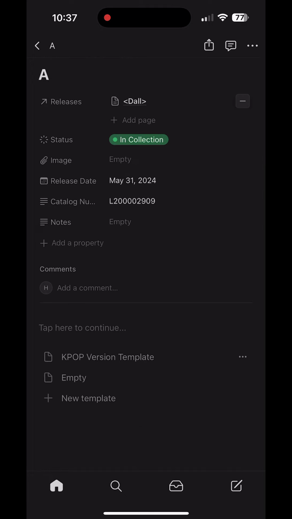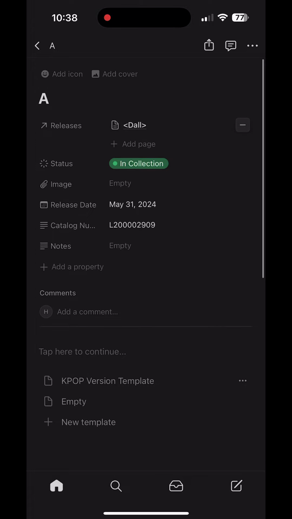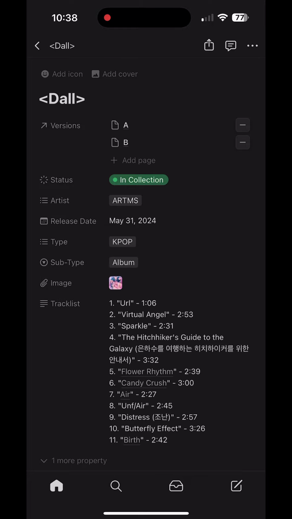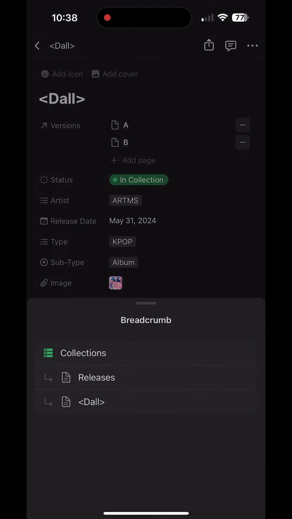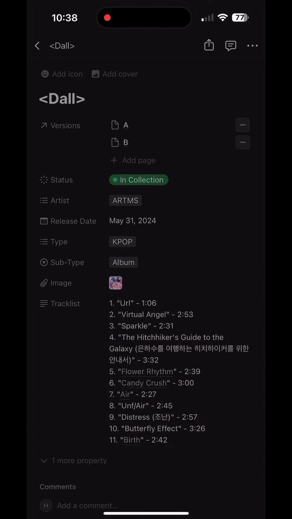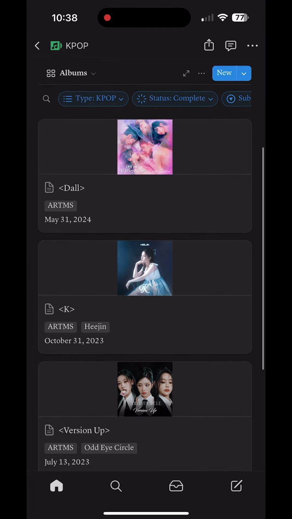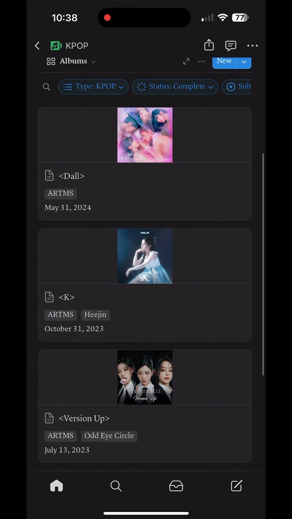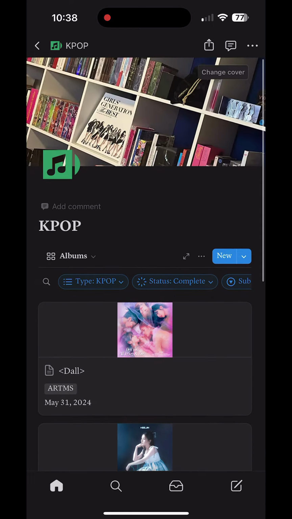So then yes, versions are right here at the top. You can click in and I will go through again and add album images here. I plan to take actual pictures of my collection, but I may only do that when it is signed or there's something special about it. But then we just go back to this main page and I'll just be sitting over here filling it all out for hopefully the